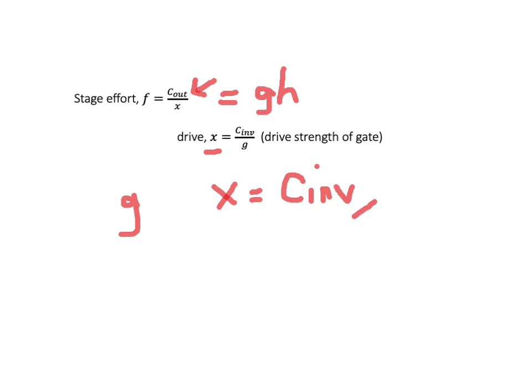So viewed another way, the stage effort, that is the effort at driving the load gates of a particular logic gate, can be viewed as a comparison between the output load, that is the load gate capacitance, over some kind of intrinsic capacitance value, which is called the drive strength of that gate. So a smaller drive strength means that gate has less ability. The effective size and logic of that gate is less able to drive the load gate capacitance.